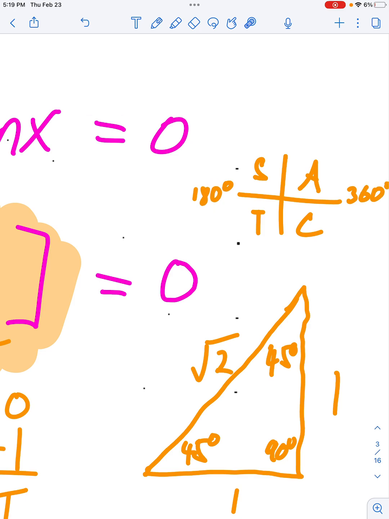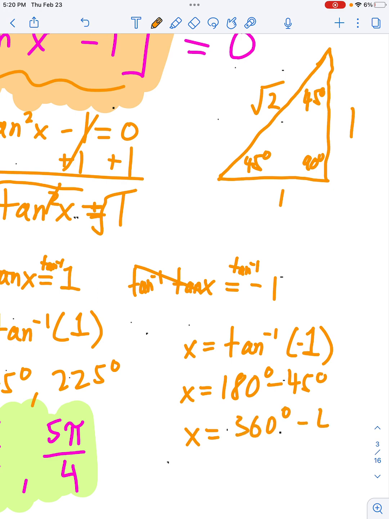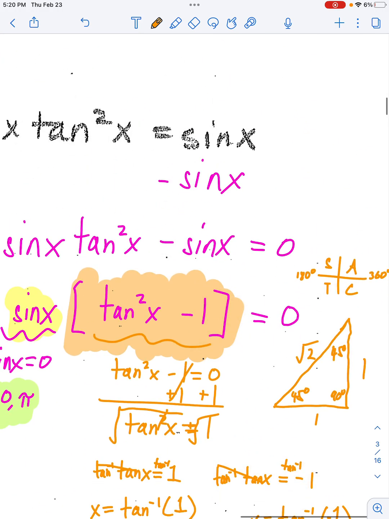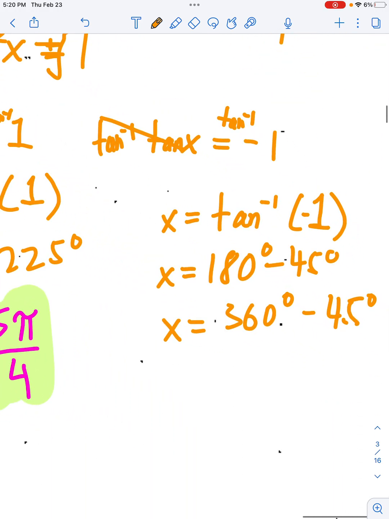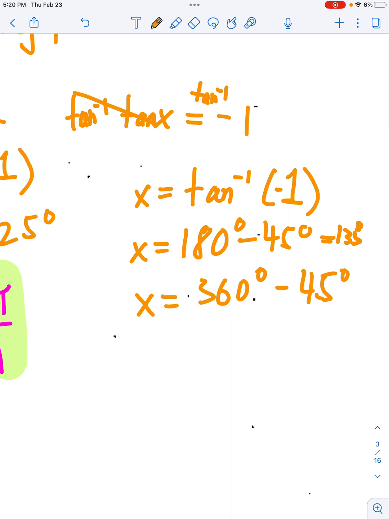So I'm going to do 180 minus my reference for one of my x's, and then my other answer is going to be 360 minus my reference. That gets me in the fourth quadrant. Okay, so that's going to be 135 degrees. Sorry, I'm running out of space. And what is that, 315? Yeah,